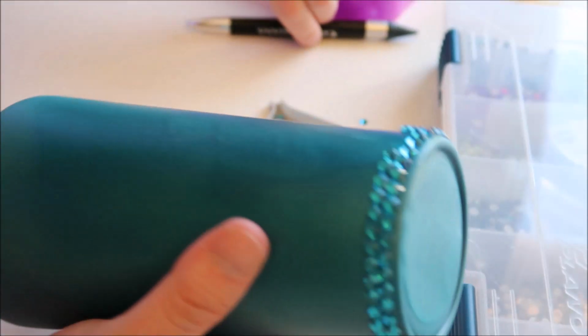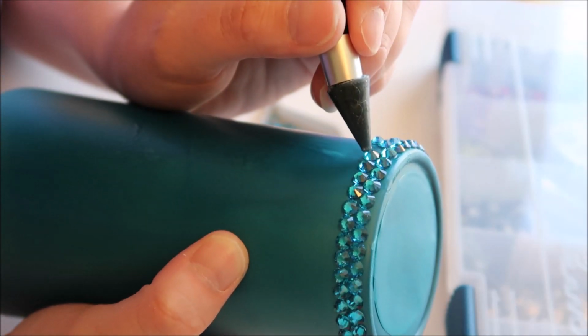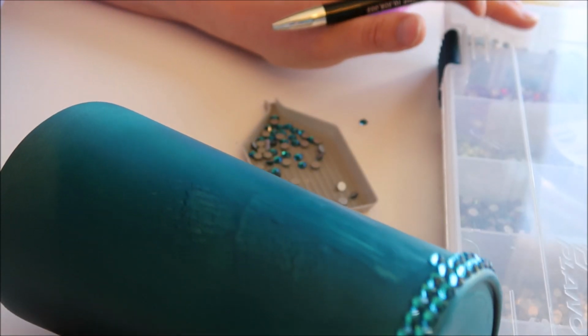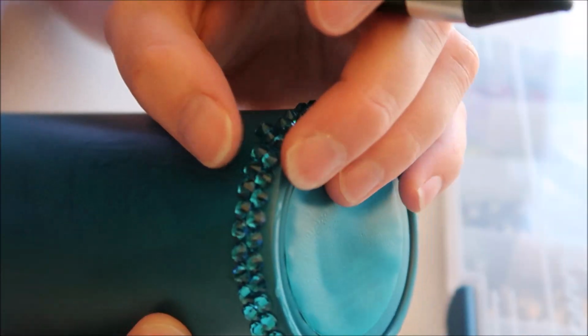Okay guys, so I pretty much did the whole row. As I was doing every section, I kind of just made sure it was straightened. But then you're going to notice that you're going to have a possible little gap at the end. I did forget to mention that I'm using the SS20s right now for the size. So you basically just want to make sure, while the glue is still a little wet, to get your straight